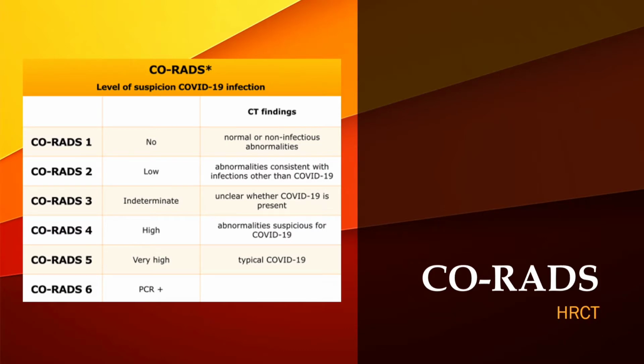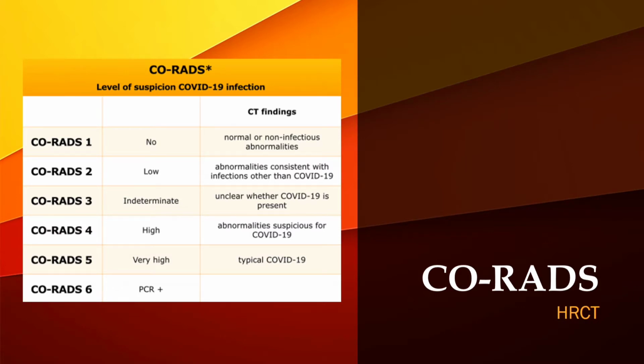The first one we're going to deal with is CORADS. This is seen in the high resolution CT scans. The CORADS assessment scheme allows for the categorization of a given non-enhanced CT scan into groups related to the likelihood of a patient having confirmed COVID-19 with lung involvement. The system is developed and tested in patients with moderate to severe clinical disease. The interpretation of the CT findings has to be combined with clinical symptoms and the duration of the symptoms, as a CT scan can be negative in the first few days of a mild infection.